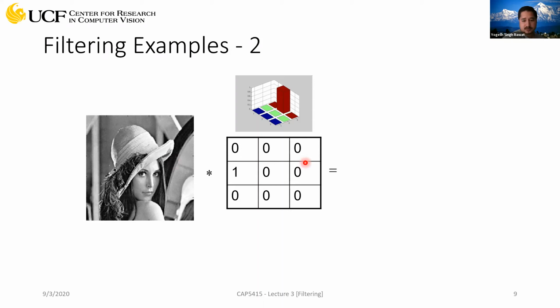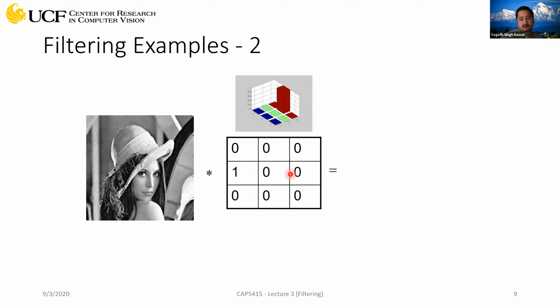Now, in this kernel, again, it's 3x3. So the center is 0. All the other neighborhoods are 0, but you have a 1 at this particular location, which is towards the left of the center location. When you put this kernel over this image at any particular location, these neighborhoods will be ignored. Even the value in the current pixel location will be ignored because there's a 0 here. But the value on the left will be picked and multiplied by 1, which means you will take that value and copy it over to this particular location.